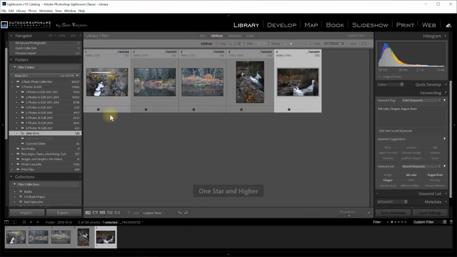So now I'm looking at just the images that have 1 star. So these are the images that I'd go into the develop module with and actually develop. Now, I haven't developed any of these images, but let's say I had. And then at that point, after I had developed them, I would look at them and decide, what do I